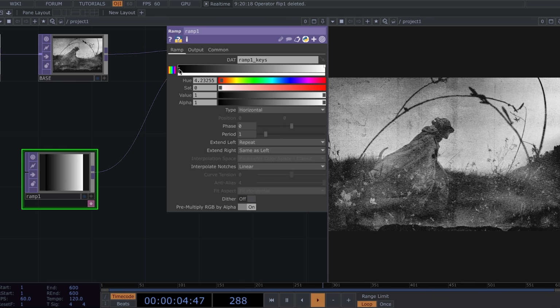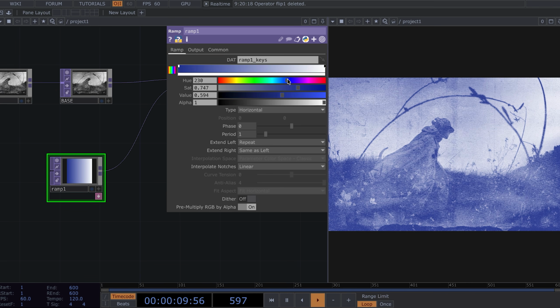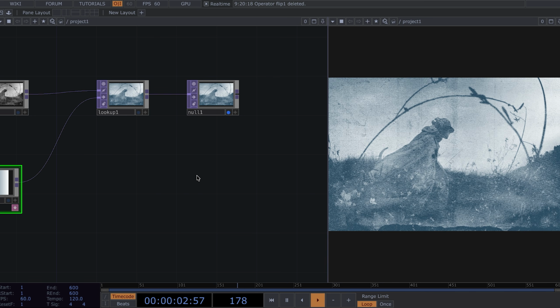So what we want here is that the dark parts are blue and the light parts are white. So click on the black portion of the ramp, and then we are just going to play around until we get the blue we want. Yeah, so as you can see now we have blue, which is great. So you can just play around with these. It's not a formal science, but you just kind of do it until you find a color that you really like. Honestly, this one's pretty good. So now we have this really great